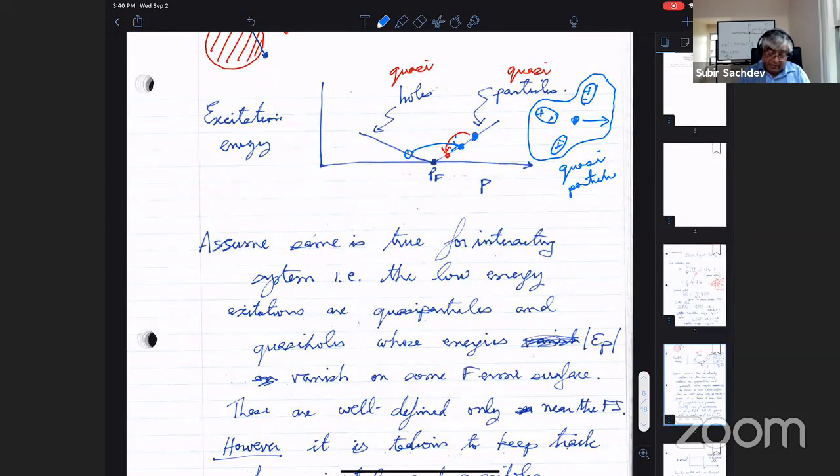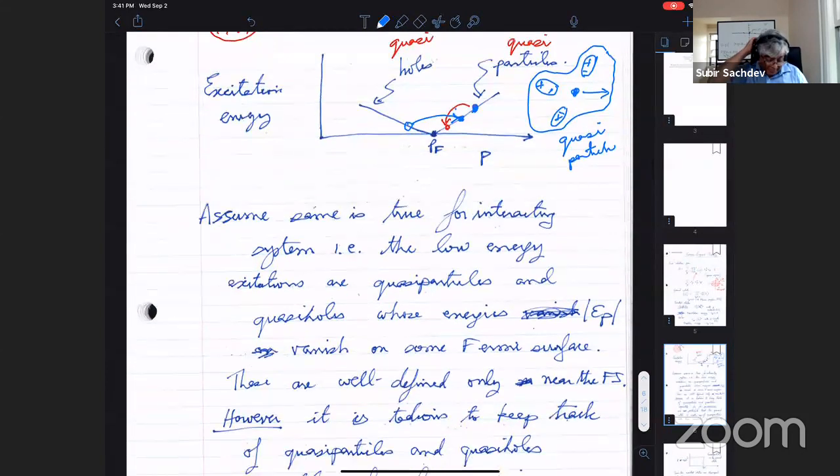So that's the essence of Fermi liquid theory. That the excitations of an interacting metal have quasi-particles and quasi-holes. The energy of the excitations vanishes on the Fermi surface. So there's a thing called a Fermi surface where the energy goes to zero, where the holes turn into particles. And on the lifetime of these excitations, these excitations can decay. The lifetime goes to infinity as you approach the Fermi surface. So the whole picture becomes better and better the closer you are to the Fermi surface and the lower your temperature.